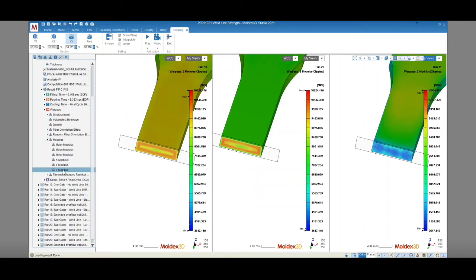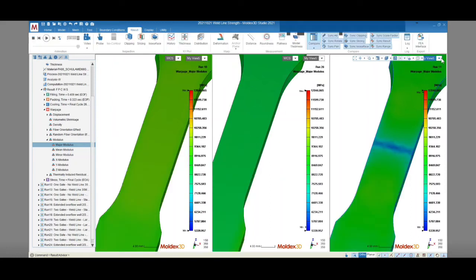So looking back at the major modulus results, we know that it's showing the modulus in the direction of highest fiber orientation. For the two parts on the left with no weld line, that's going to be the Z direction. But for the part with the weld line on the right, that's actually going to be the Y direction. So it's important to make sure you understand which direction is the direction of major fiber orientation before using the